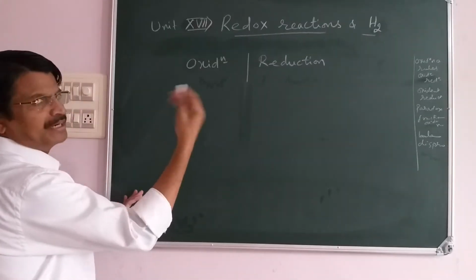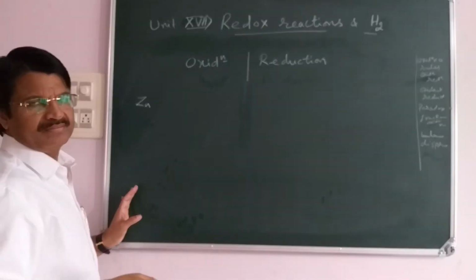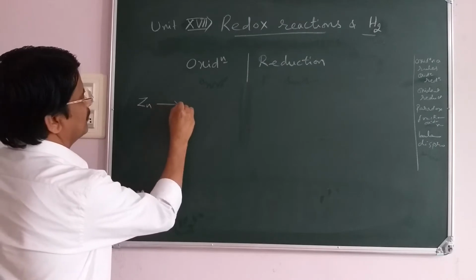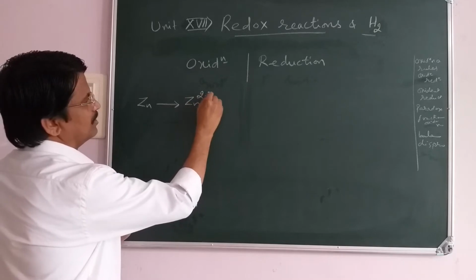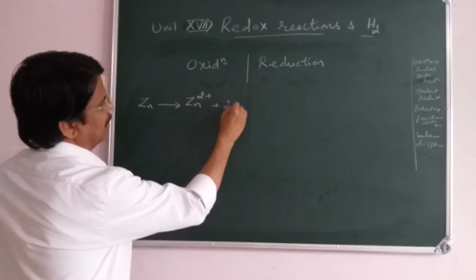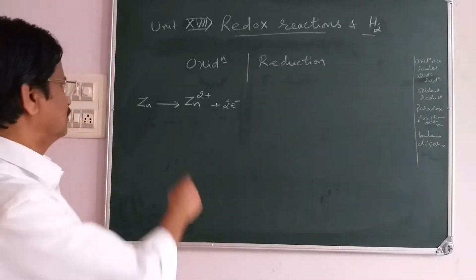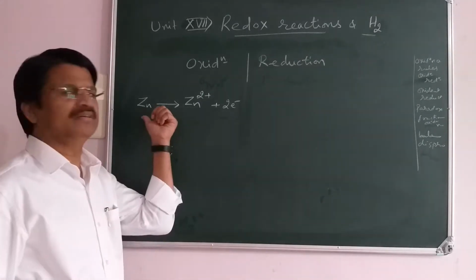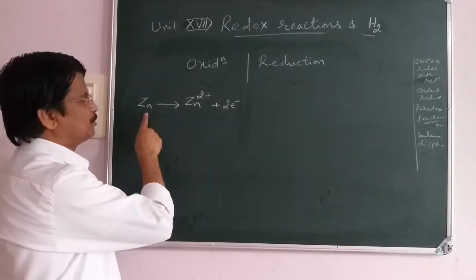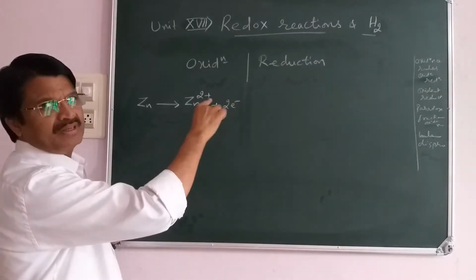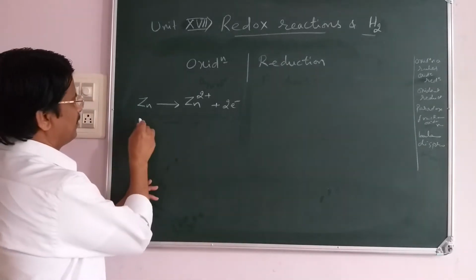take any metal, like zinc metal, which you studied in the Daniell cell. Its property is to lose electron to form zinc ion and electron. A species which loses electron undergoes oxidation. The process is called oxidation. Oxidation is a process in which electron is removed, or loss of electron is said to be oxidation. In other words, we can write